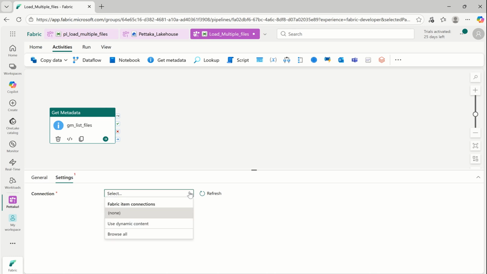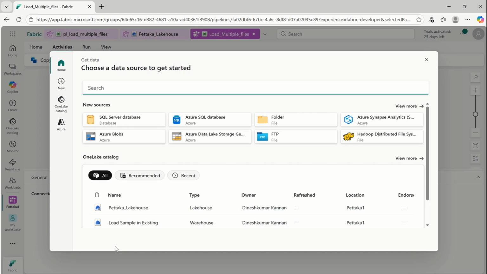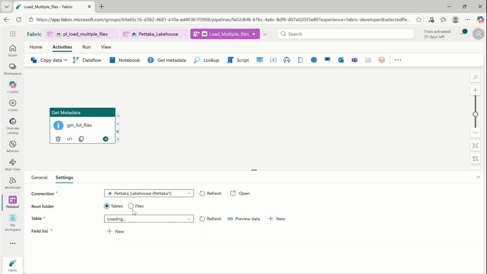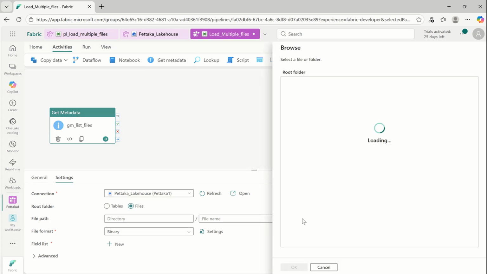Here in connection, browse all. First we need to select that path. So I'm using the Pettaka Lakehouse. In this Lakehouse I have those files, and I need to select that path. So for that I will go for browse, and in this I will select data. In this data folder I have a sale CSV file. In this example I'm using only one file, but you can keep multiple files in that folder and it will loop through them. So now okay,